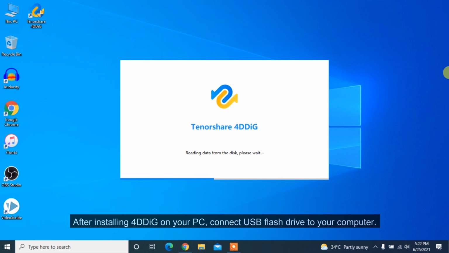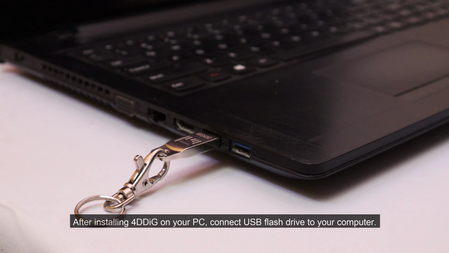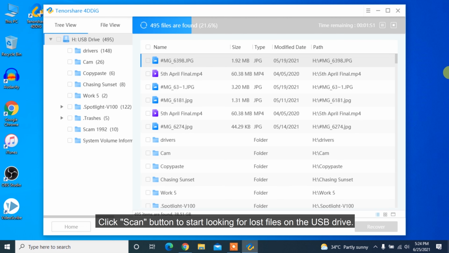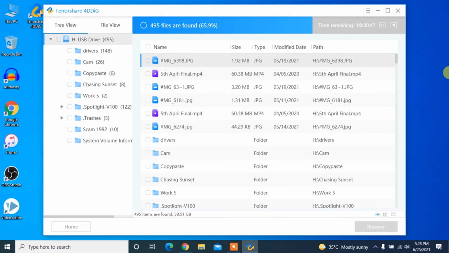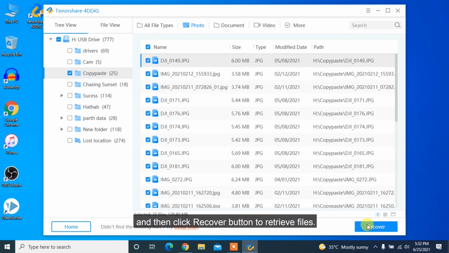After installing 4DDiG on your PC, connect USB flash drive to your computer. Open Tenorshare 4DDiG and select the USB device on the interface. Click Scan button to start looking for lost files on the USB drive. After the scanning, you can select and preview the files that you want to recover, and then click Recover button